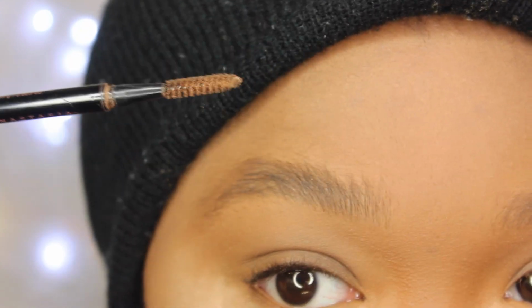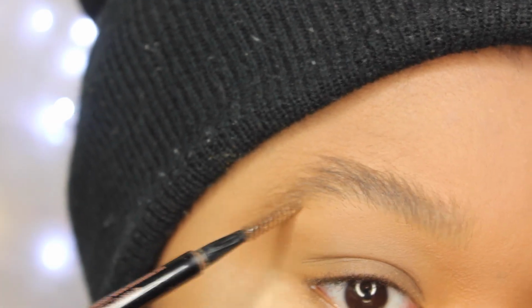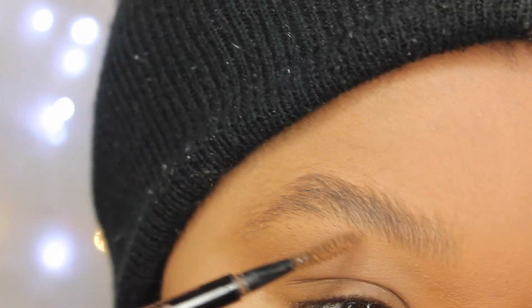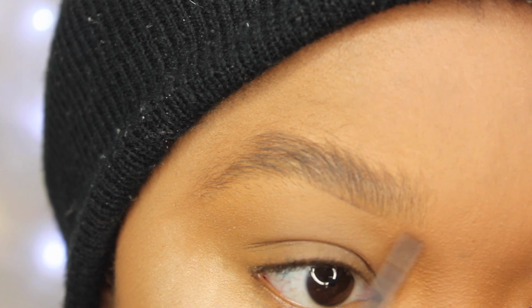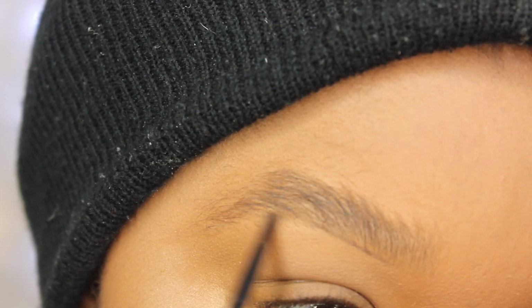The first thing you want to do is make sure you brush your brows out with a spoolie brush. This is just one that I got from Anastasia Beverly Hills. I don't throw these away, I kind of save them and use them for spoolie reasons. Next, I'm going to take Spiked Brow Pencil by MAC Cosmetics, and I'm going to begin the process of